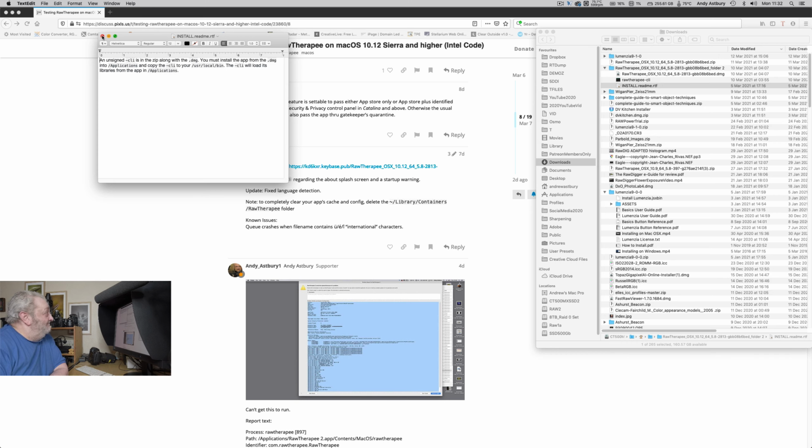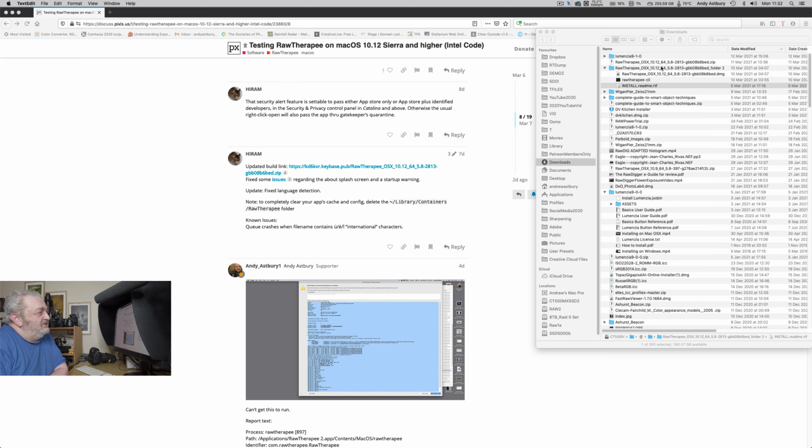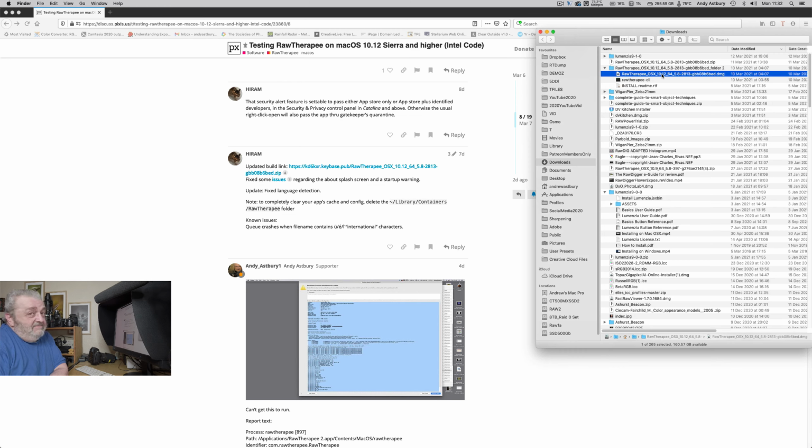Okay, right. So all you need to do is to double click on this DMG here that you've just downloaded and install this development build that has local adjustments in it and all sorts of things. Install it onto your Mac system, but do not try and fire up Raw Therapee. Don't. The other thing is, before you actually install that DMG, if you're running Raw Therapee 5.8, still the current